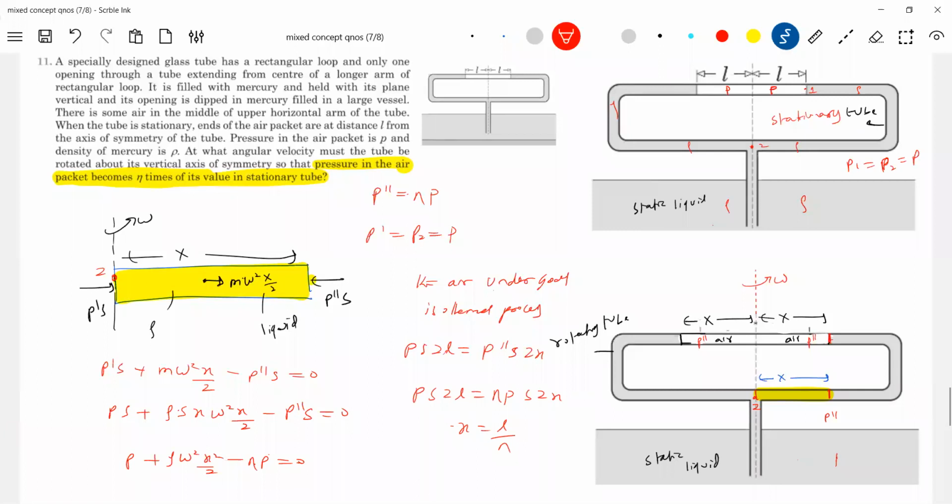The problem is nothing is there, only that column. So how to write those manometric equations, all that is very important. P dash is the pressure at point 2. I have shown a yellow color column. I think you have to look here. P dash should be equal to P.